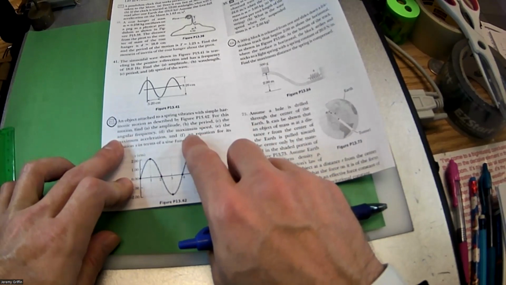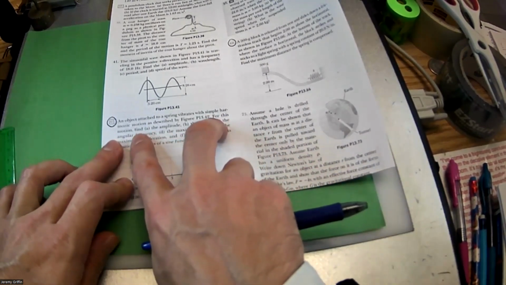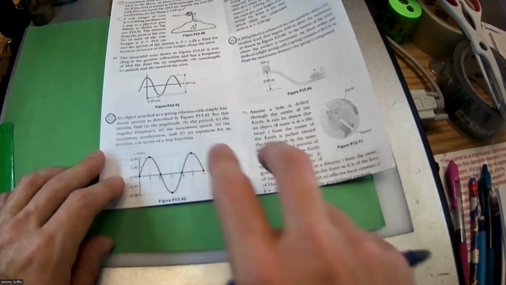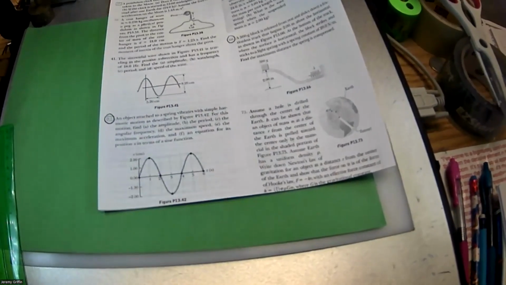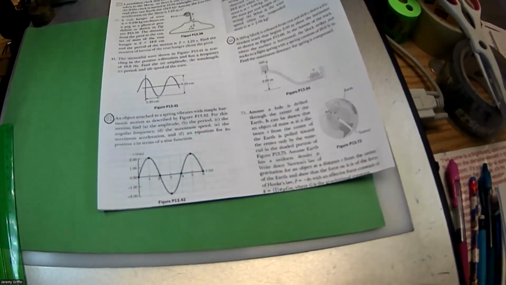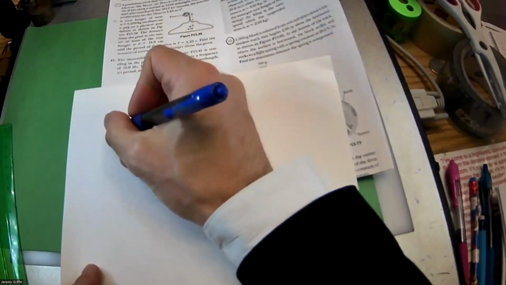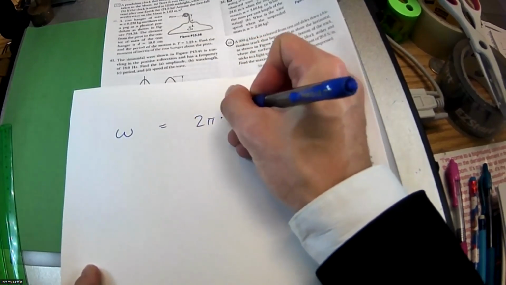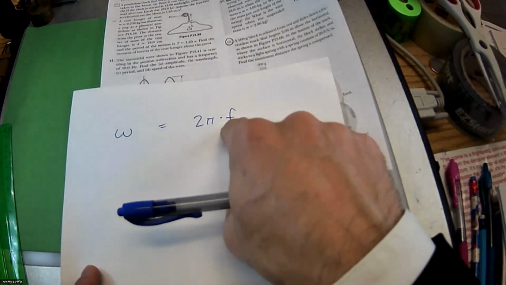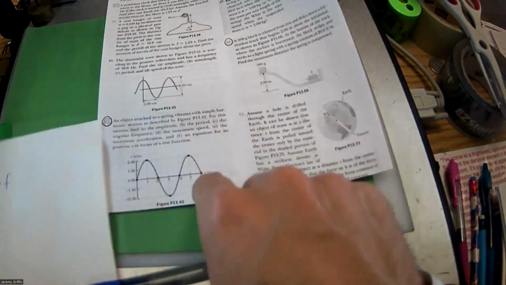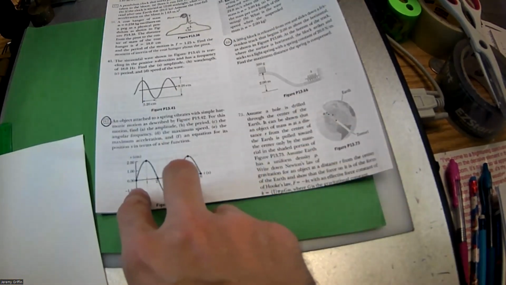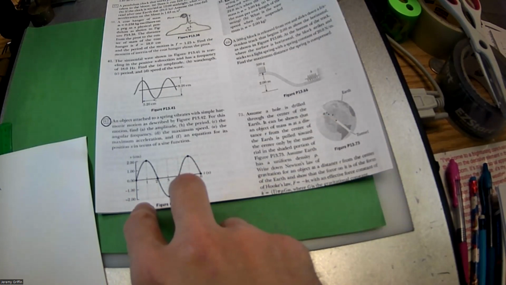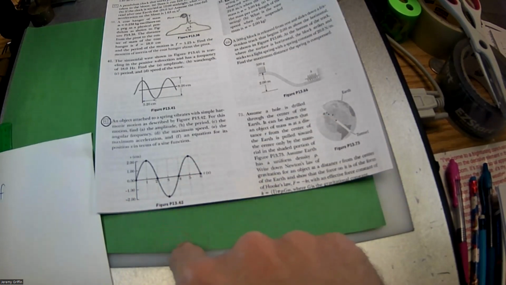What is the angular frequency? I think I told you guys about it briefly. If you're trying to construct a formula, it's good to get angular frequency, and I was using the Greek letter omega for this. Remember, it's 2 pi times the regular frequency. And what is regular frequency? How can you get that very quickly from the graph? Frequency is 1 over the time period, right? 1 over the time period.